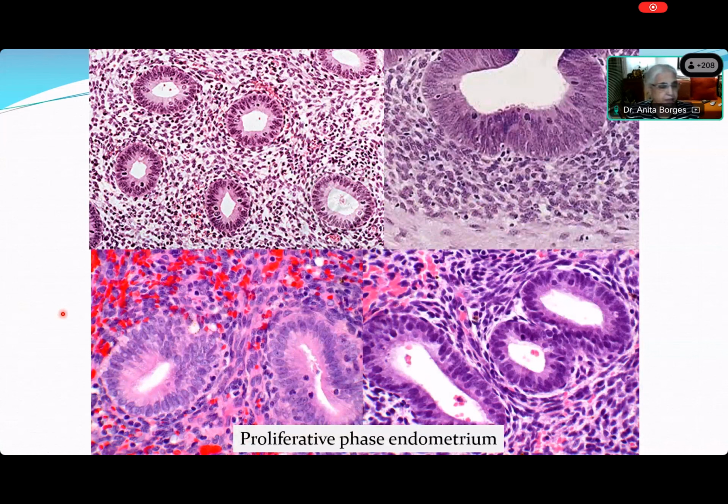This is the proliferative phase. Okay, how do you recognize the proliferative phase, Sheetal? Why are we saying that this is the proliferative phase? Okay, Sheetal. Nargis, I can see your picture here. You want to answer? Come on. Why do we call it the proliferative phase? Ma'am, mitosis is present.